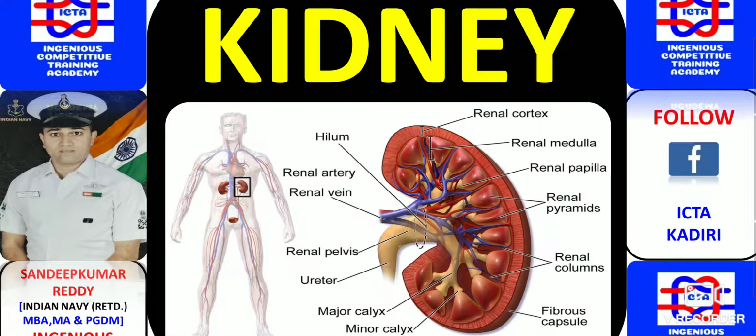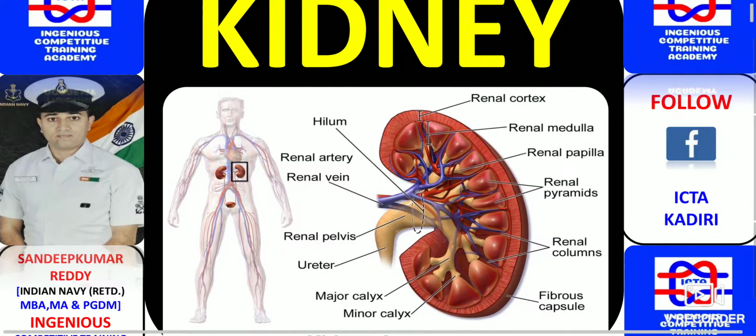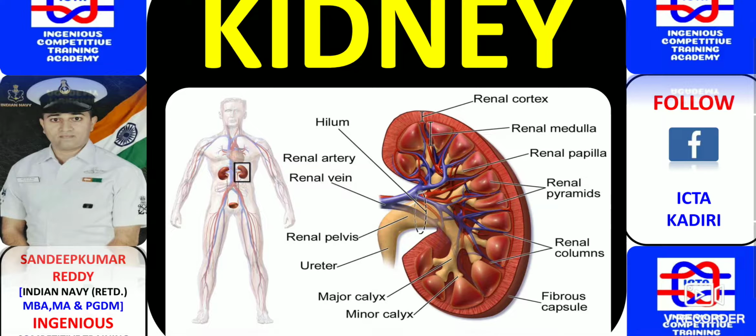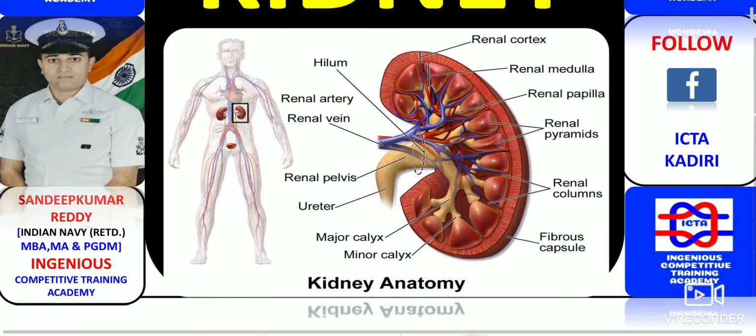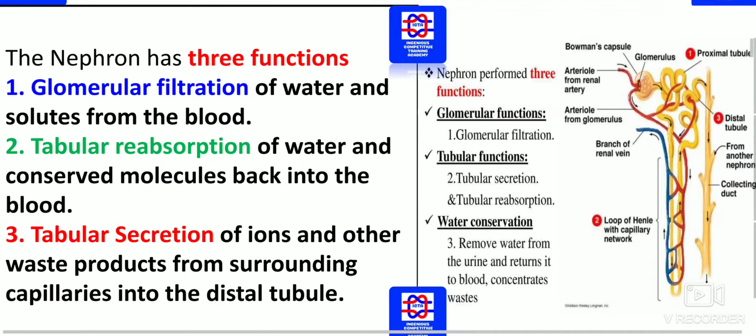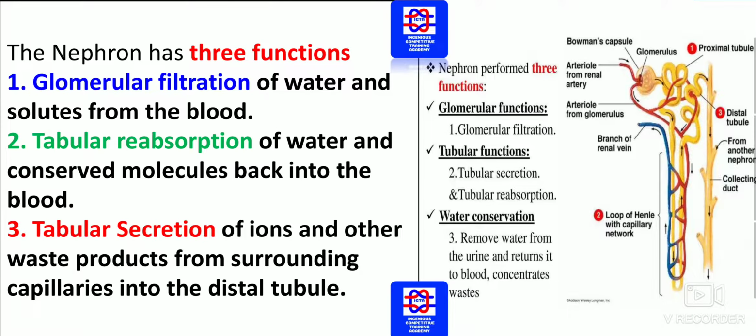Today we'll be discussing the kidney, what exactly it has. Questions concerning the kidneys will be raised in examinations. Initially, as you can see, the kidney has the shape of a bean. You can directly go through the parts of the kidney that have been given. There are a few points we have to remember for the examinations regarding the kidney.